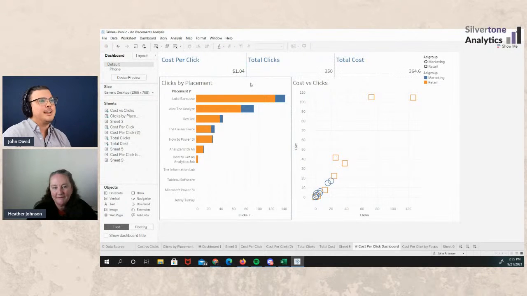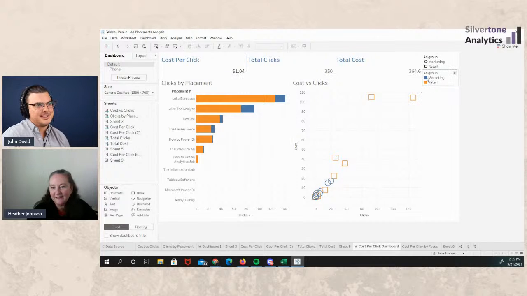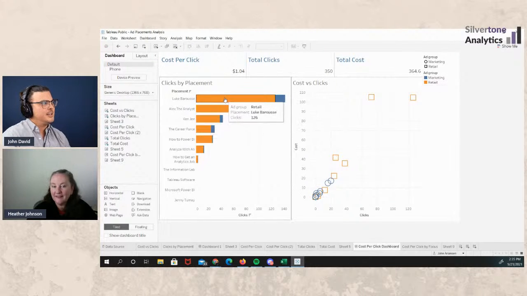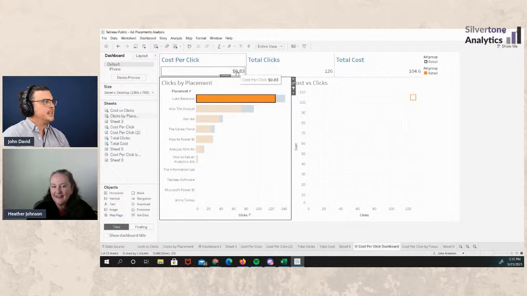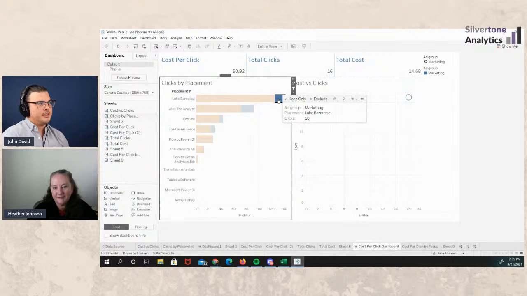But also what I liked about the UI is that I kept it all consistent. So marketing is blue, retail is orange. So what I can do is click on here, quickly see that, all right, that's 83 cents, 126. That's pretty solid right there. And I can click on, well, how'd the marketing do? Oh, interesting. So the marketing's not doing as well,